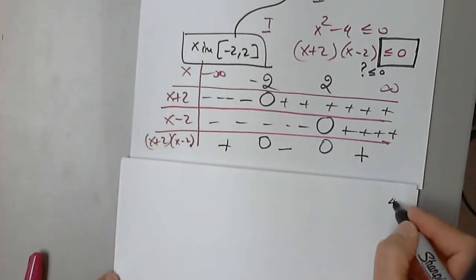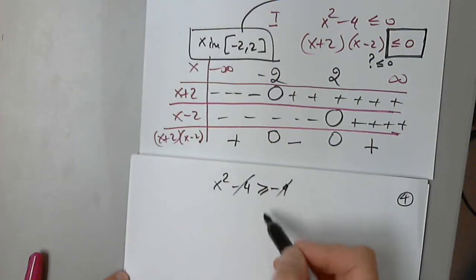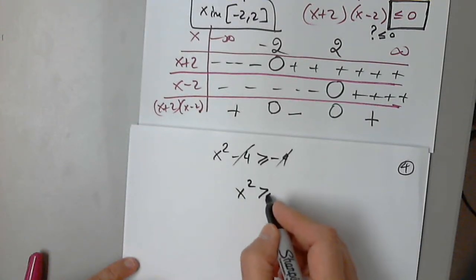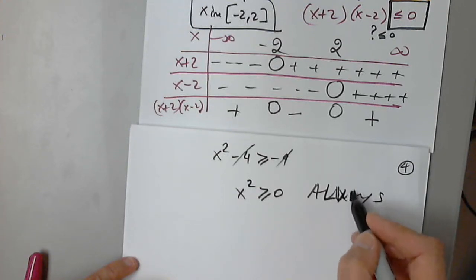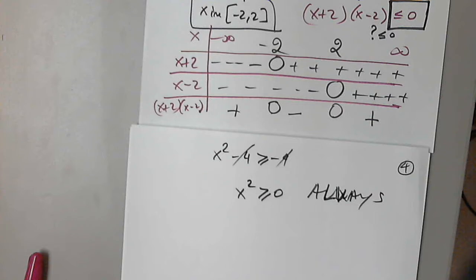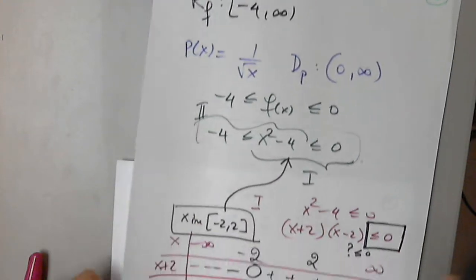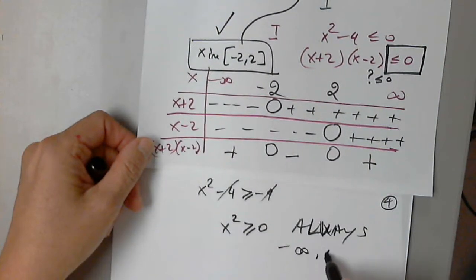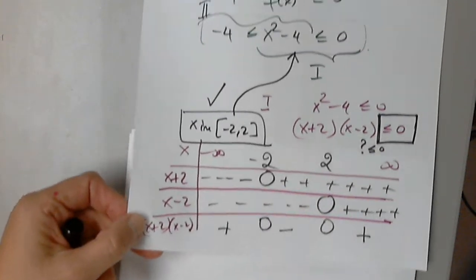It's a lot of work. Okay, now I'm solving x squared minus 4 greater than or equal to -4. And this one I like because x squared is greater than or equal to 0 always. Anything you plug in will be greater than or equal to 0. 0, yes. 1, yes. -3, yes. Everything. No problem there. So now, because I want this to be fulfilled, I will have to intersect this with this. This is always true for any number. So finally, I will say